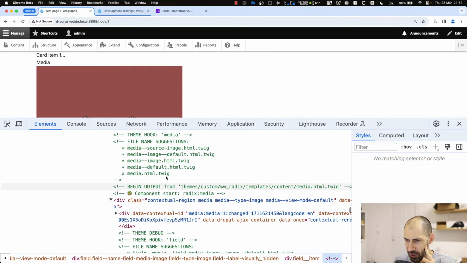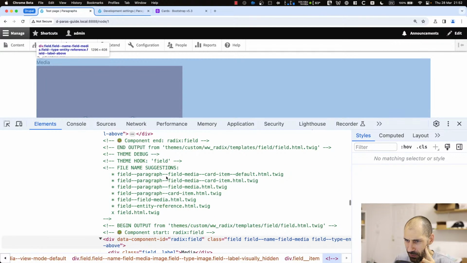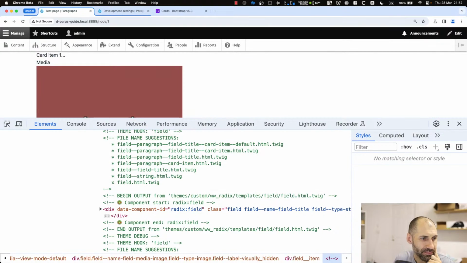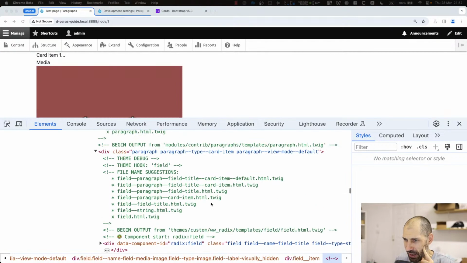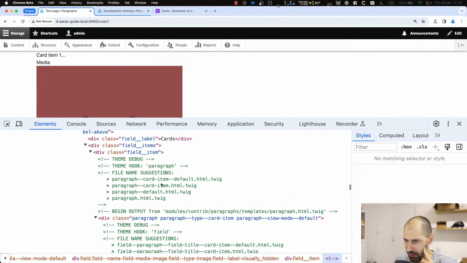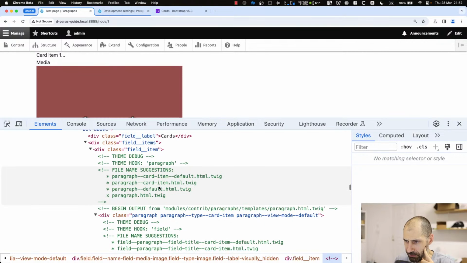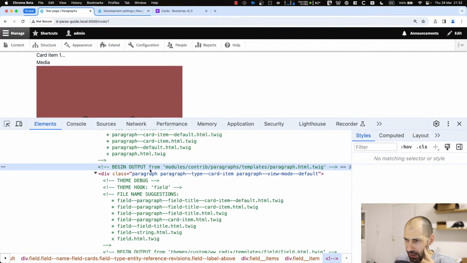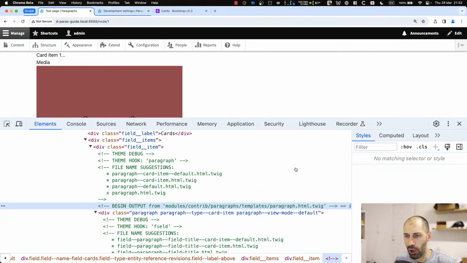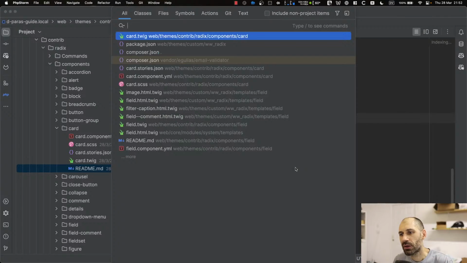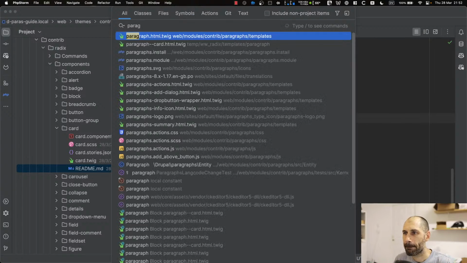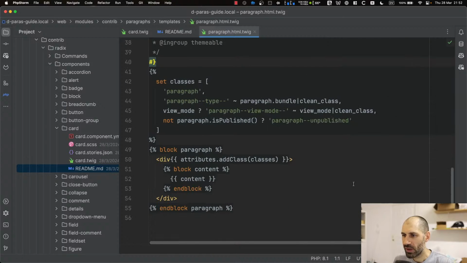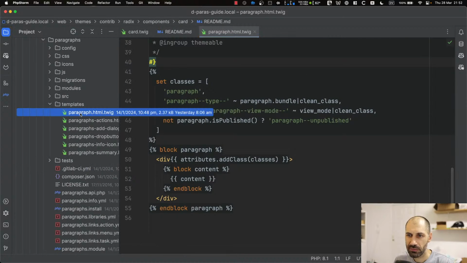All right. So we first need to scroll all the way up. And what we need to do is override the card component paragraph. So let's go ahead and grab this one. So the card item. And you can see here, it is loading up paragraphs, themes, and then paragraph.html.twig. Now, if we open that one up, that's this one. We need to now copy this across